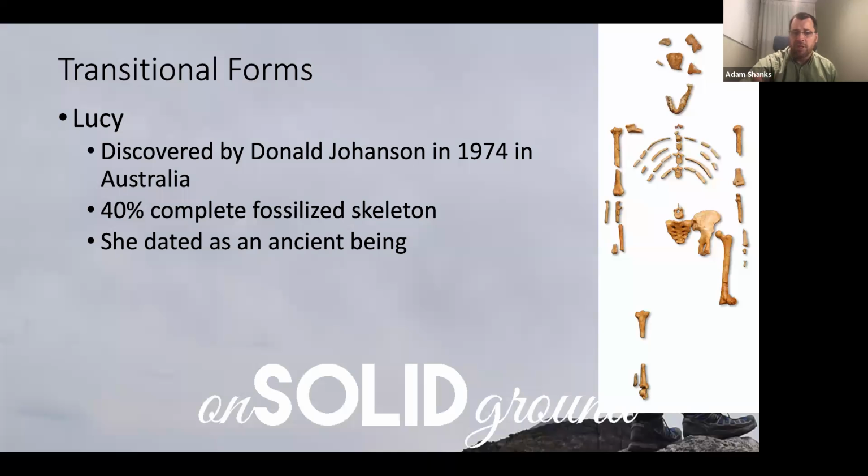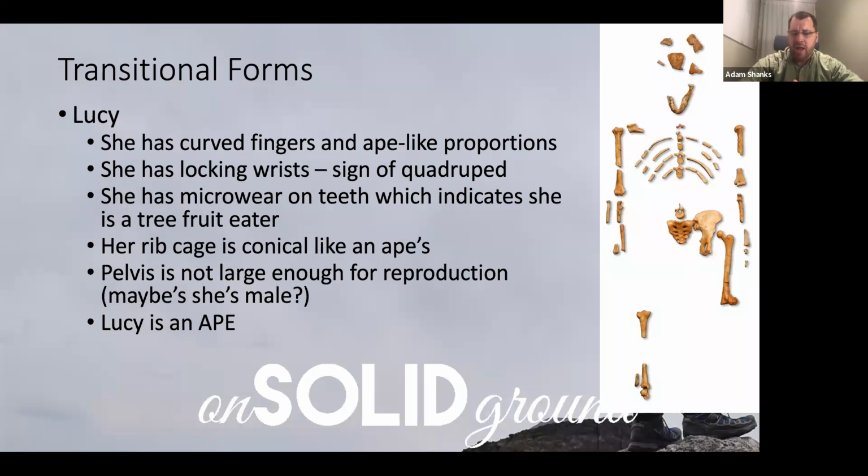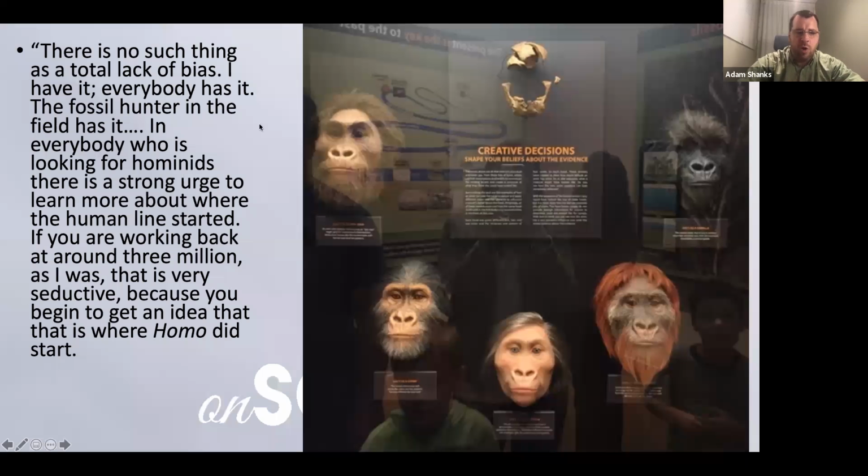Lucy was a primitive skeleton that they put together as a kind of hunched over, monkey-like human female. That is a primitive female. And again, she had all of the indications that she was an ape-like woman, except that she was an ape and not a woman. And that's the problem. I do want to read this quote again, just because I love that Donald Johanson, who was the one who found Lucy, which was the most significant evolutionary find of its time.